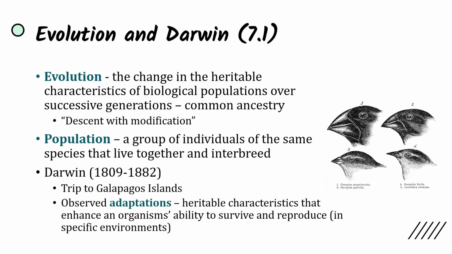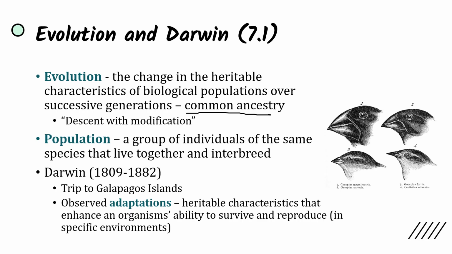And so with evolution, we also see common ancestry. So evolution happened from one common ancestor that eventually developed into all the species we see today. And we'll talk about common ancestry more later on in the video. But a population is a group of individuals of the same species that live together and interbreed. And so one of the theories for explaining evolution, and the one that is commonly used today, is Darwin's theory